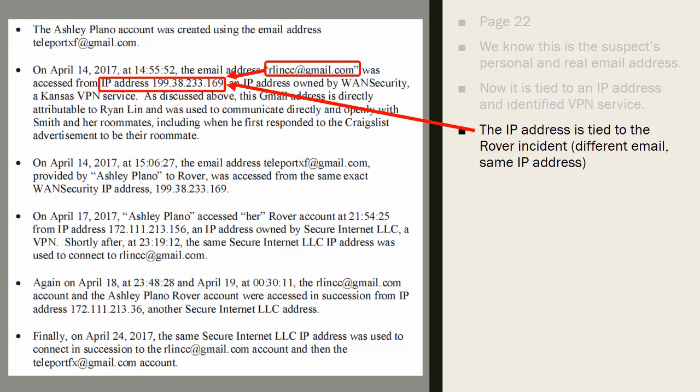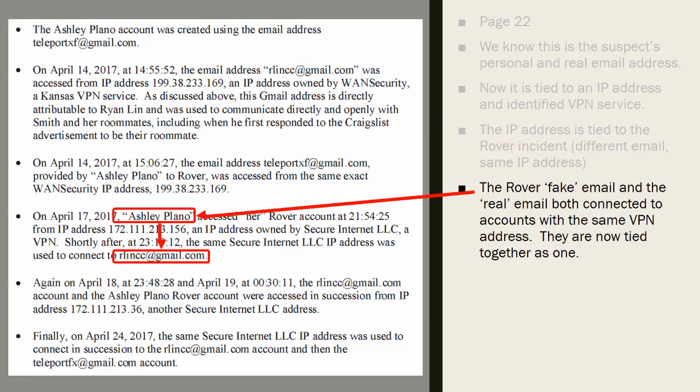So those two are tied together, the IP address and the email address. Now, if you look at the next one here, same date, you have this email address, teleportxf@gmail. It's using the same IP address as the personal email address. So now you just kind of tied this teleport together. A few days later, you have Ashley Plano.